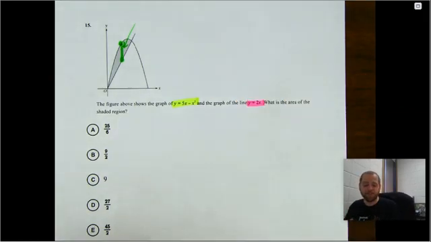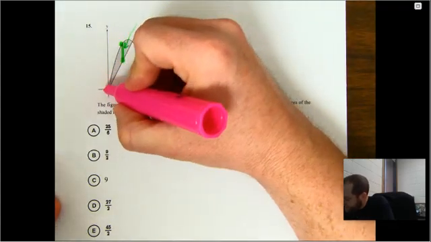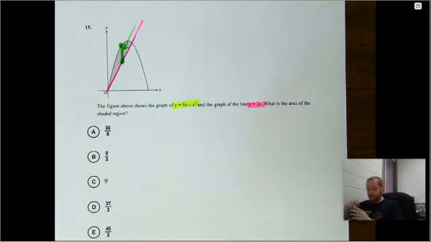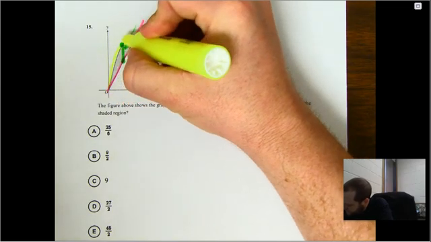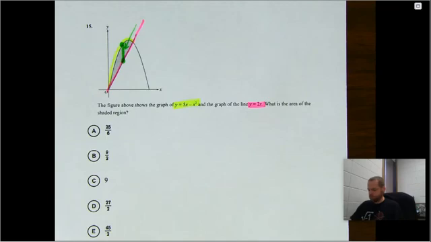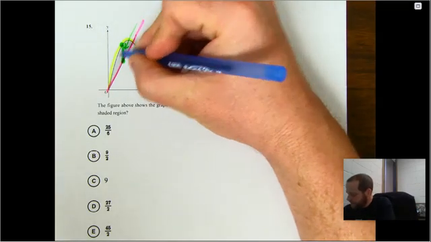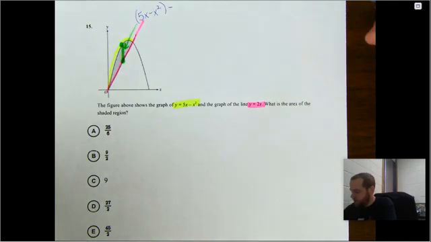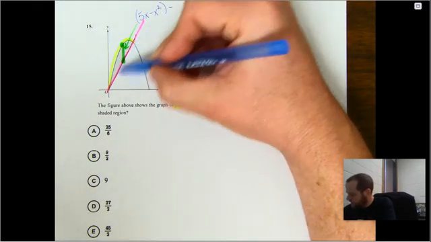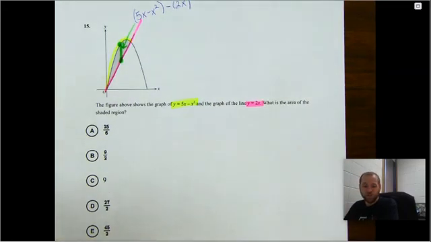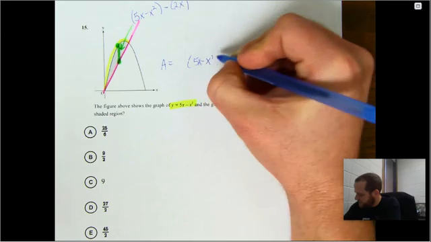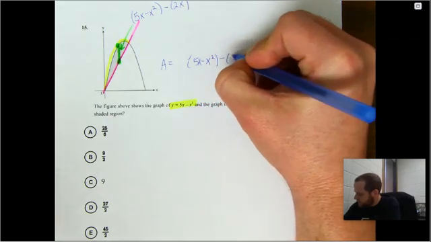So it's my job to determine which one of these is that function and which one of these is this one. And by process of elimination, it's a lot easier to tell where y equals 2x is. That's the line. So if that function is the line, then that means the other function is the curved function. Okay? So if I'm finding that length, it is 5x minus x squared minus the other length, the y values to the other length is given by 2x. So to find this area, we're going to take those lengths, 5x minus x squared, and we're going to add them up